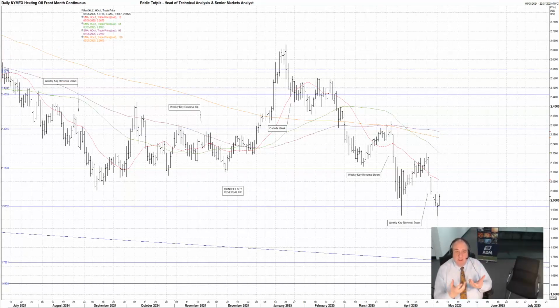Now, the point I'm trying to get across is that almost the whole complex has had a follow-on lower to April's monthly key reversals down in WTI and in Brent, and it is worth considering what other technical patterns may be pressuring prices lower. I had also included these in my monthly and weekly heads-up email distribution, much as the earlier currency pairs. I think for all of these, the currencies and the commodities, it is worth paying special attention to in the days and weeks to come.